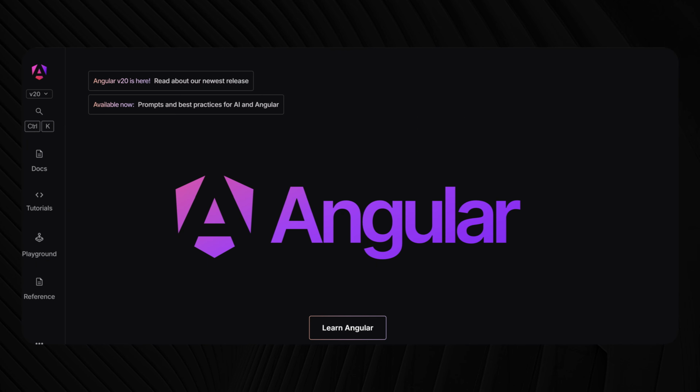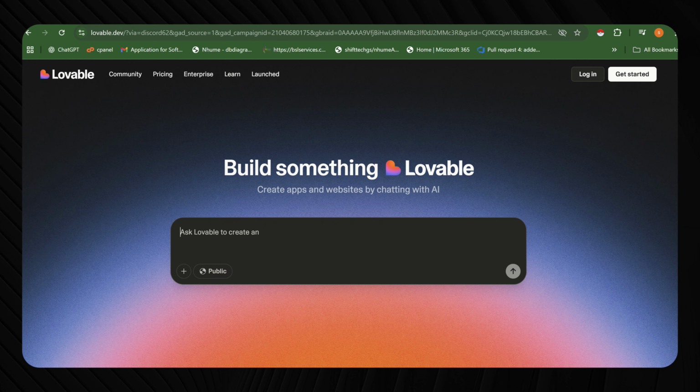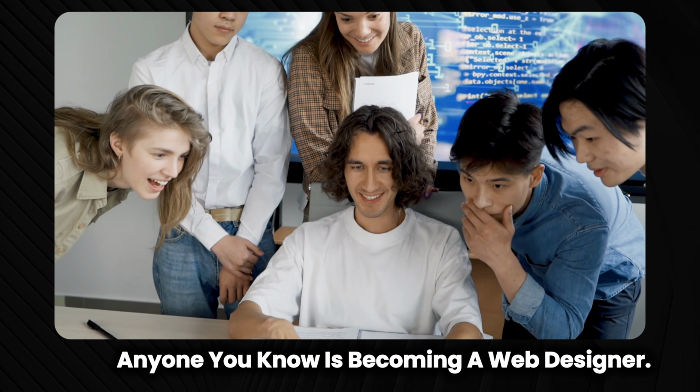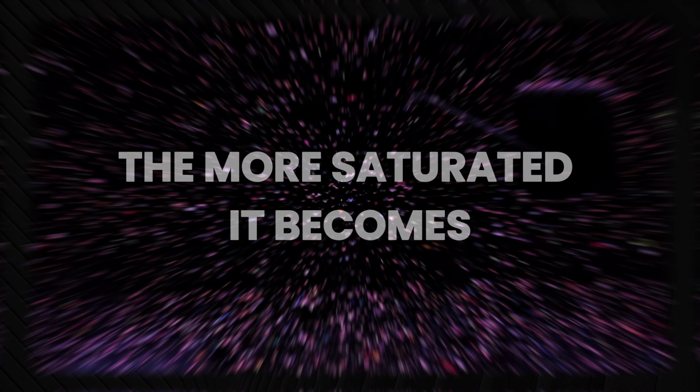So if you noticed, web designing in 2025 is not what it used to be. So many tools were introduced, so many platforms are still coming up because of AI, and all of a sudden anyone you know is a web designer. But one thing that you have to know: the easier this game is becoming, the more saturated it's going to be. So now, how are you going to stand out in this flooded market and still make it